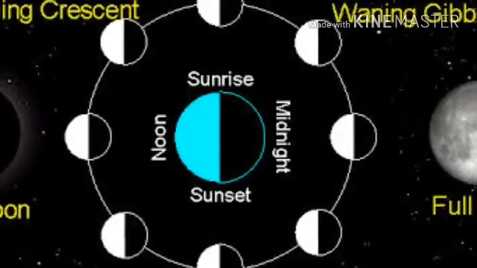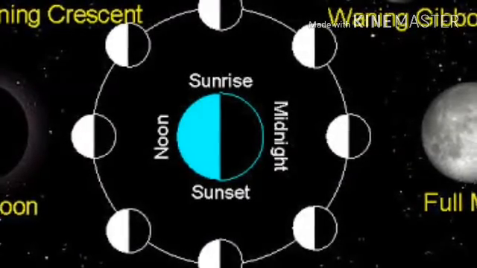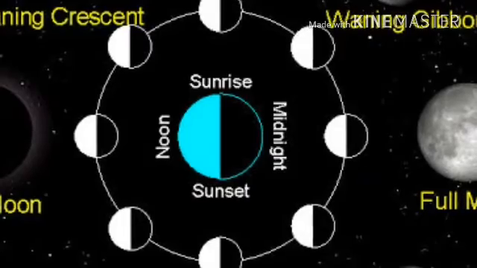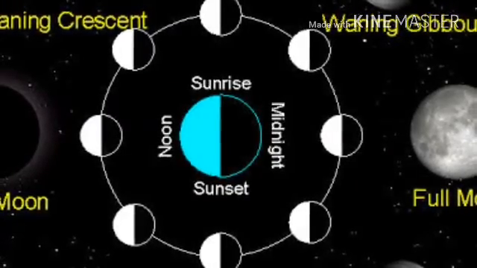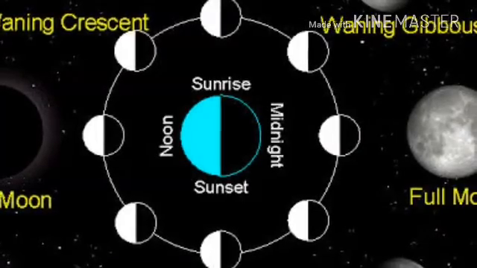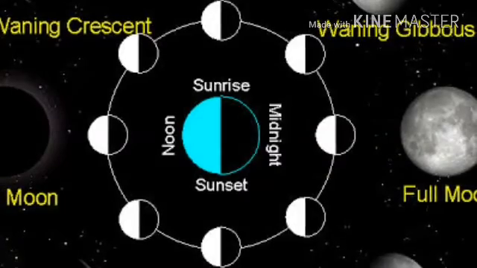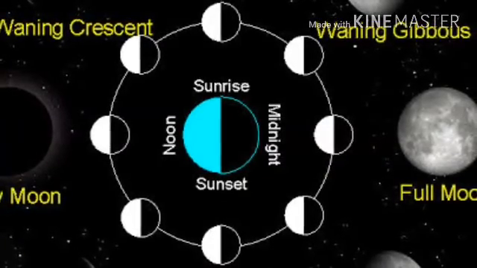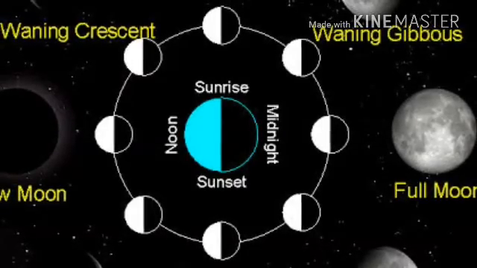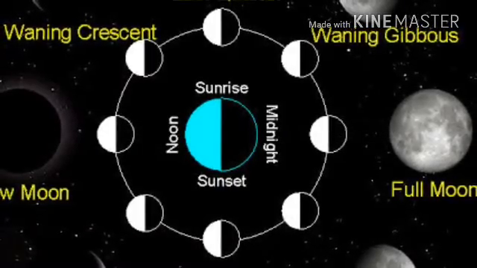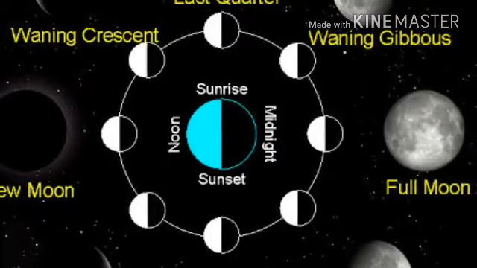When you look at the picture here, the earth is in the center and the sunlight is coming from the left side, so that it is noon, and the other part of the earth does not receive the light because that side is in shadow, so it is midnight. Sunrise and sunset are also given, and around the earth the moon is rotating here. And when the moon is rotating we are able to see the different phases of the moon.